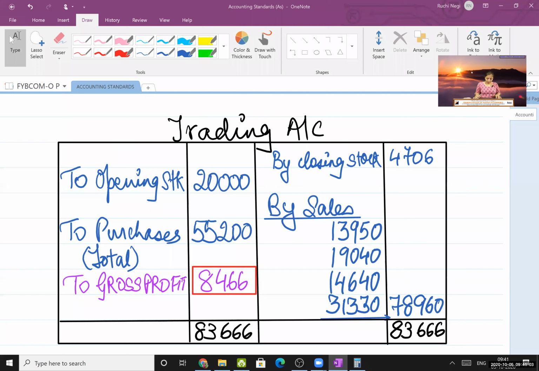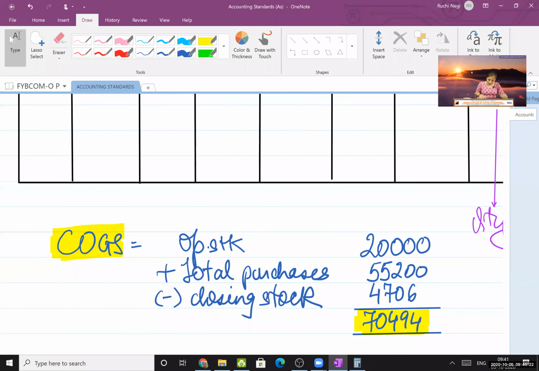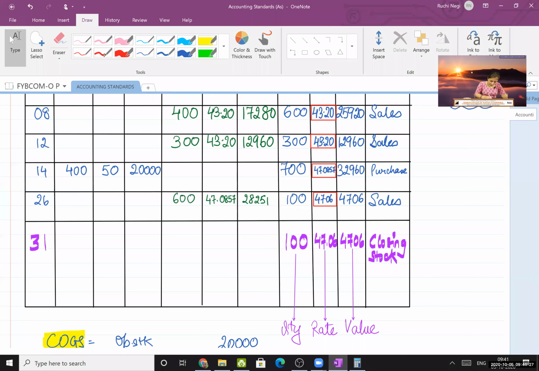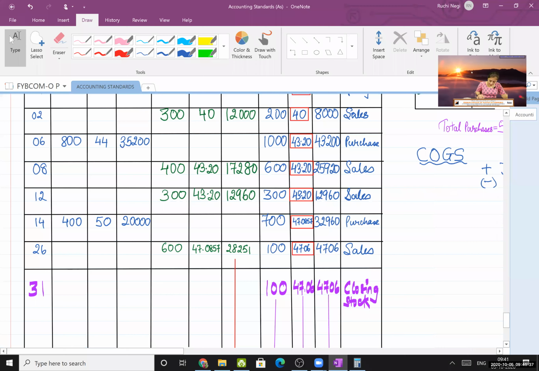Okay. Clear up to here, everyone? Is the question clear to everyone? Okay. So we have done it in detail. Yeah. Thanks, students, for the acknowledgement. And COGS, let us check whether our COGS is right or wrong. I told you now how to check whether COGS is right or wrong. Total it. Total this sales column. That represents your COGS. Just total and see the sales column. It should match with COGS.